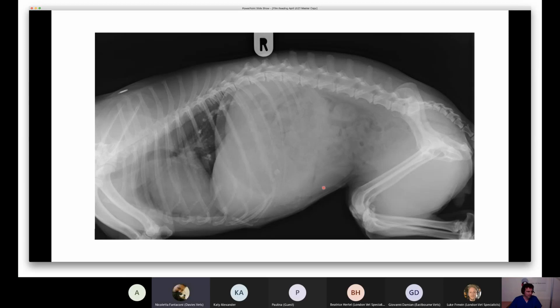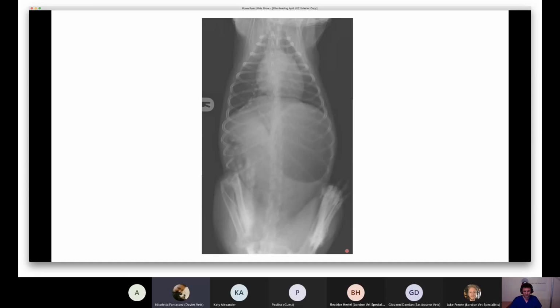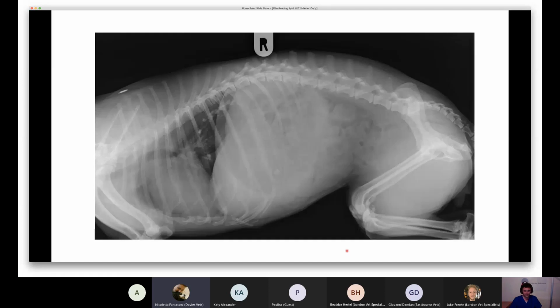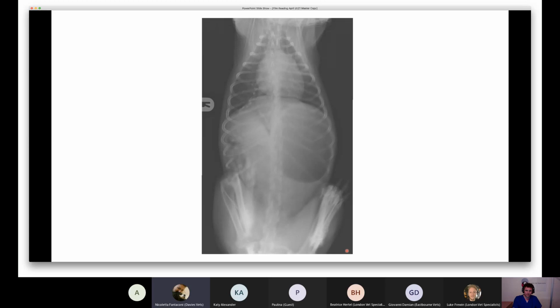Yeah, absolutely. Thanks, Nicoletta. So we do have 2 radiographic projections of a skeletally mature dog. One is a right lateral, and the other one probably is a DV, which is quite blurry as well, so it's not really useful. I'm wondering if the dog was conscious, or not well sedated, because it's a bit blurry, and probably, I would say, overexposed. Anyway, on the lateral,